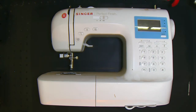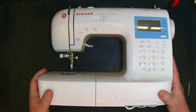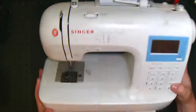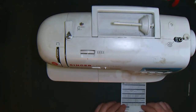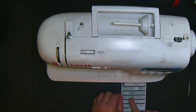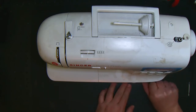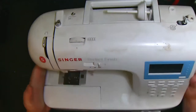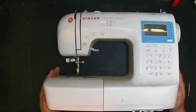On today's edition of Mark Voids a Warranty, we've got a thrift store find, a Singer sewing machine. Now, this particular machine is capable of all sorts of stuff, including, and not limited to, embroidery, which is kind of cool. You've got all these little cards down here that indicate some of the different patterns it can do, which is great, except the machine doesn't turn on. But there should be a lot of interesting electronics and whatnot inside, so we're going to open it up and